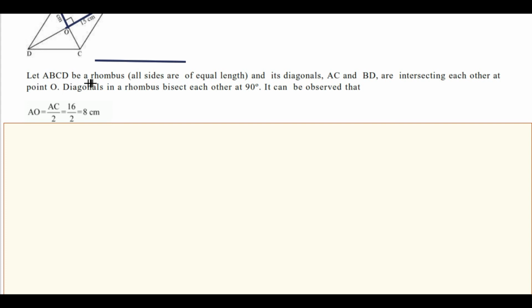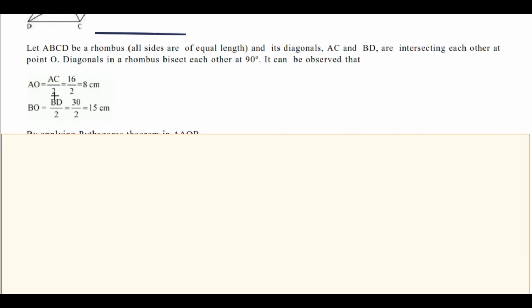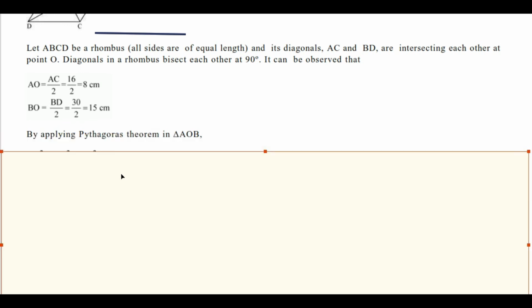Let ABCD be a rhombus, all sides of equal length, and its diagonals AC and BD are intersecting each other at point O. Diagonals in a rhombus bisect each other at 90 degrees. It can be observed that AO equals AC upon 2, which is 8 centimeter. BO equals BD upon 2, 30 upon 2 is 15 centimeter. So by applying the Pythagoras theorem,